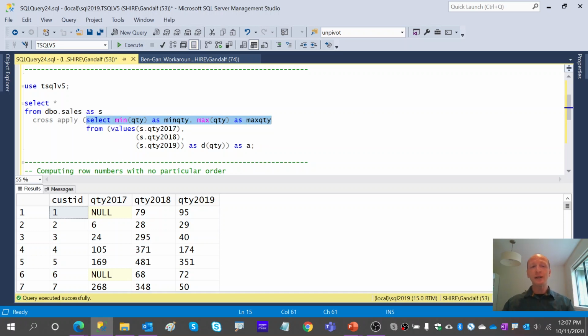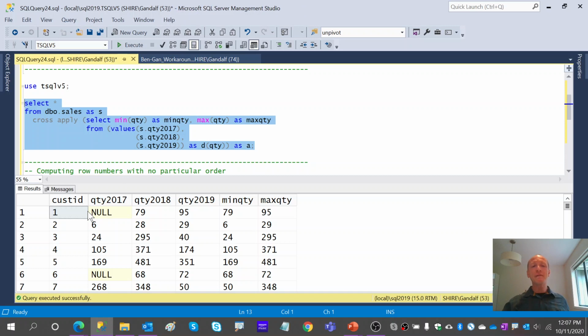As for the outer query, well, here I'm using star. Normally we just list the individual columns, but basically we're now listing the 4 columns that we currently have in our input table sales, which we named S, and 2 target columns that were created by our table expression that we named A. So notice the outcome.